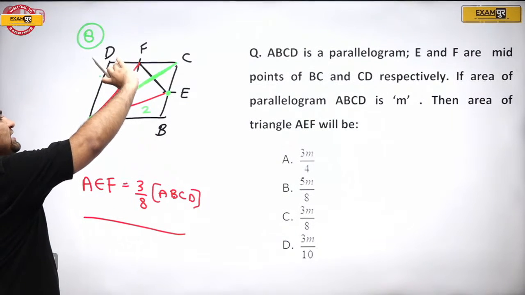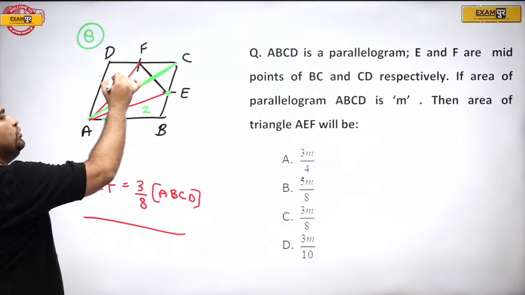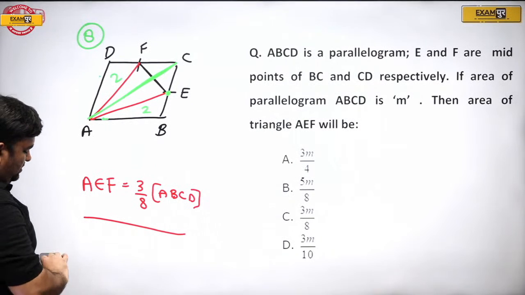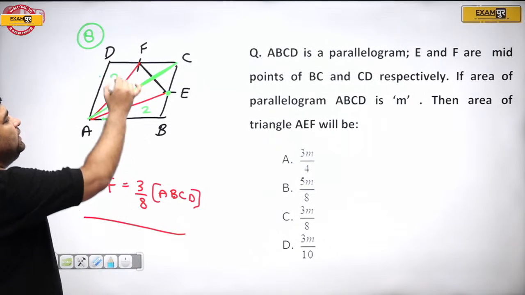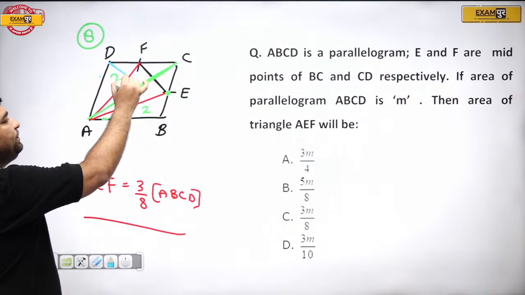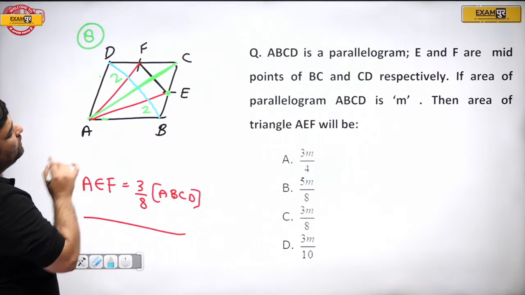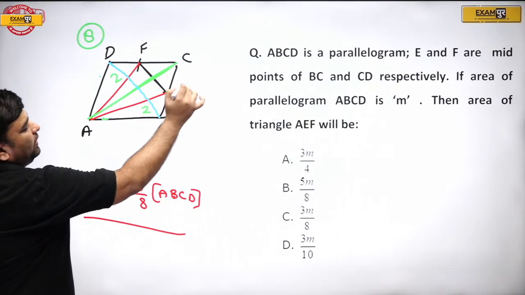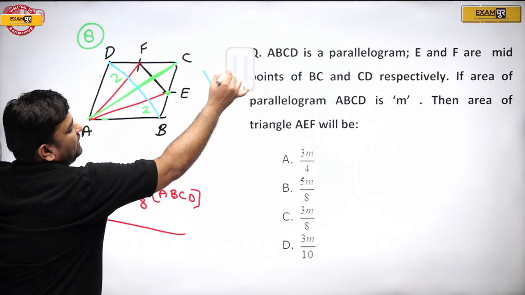Similarly, this total is 4. This is the midpoint segment, so 2, 2 each. Just do one more thing. Draw this line as well. This total is 4. This total is 4. And if you look at it very clearly,